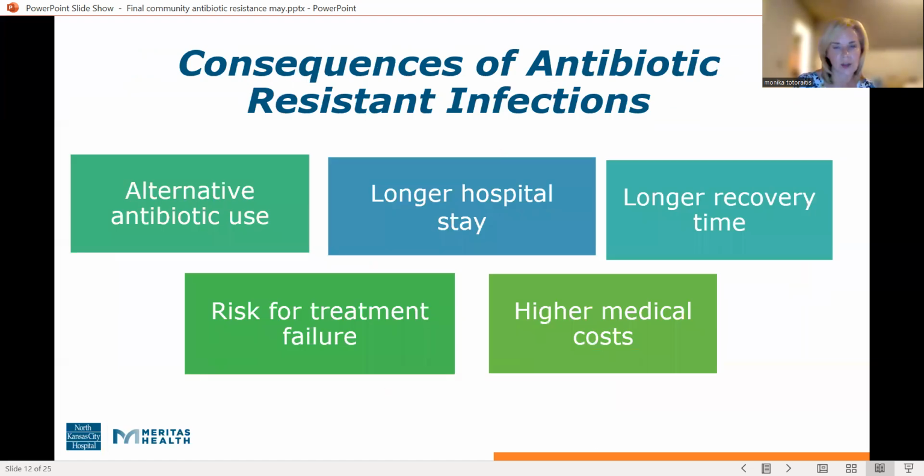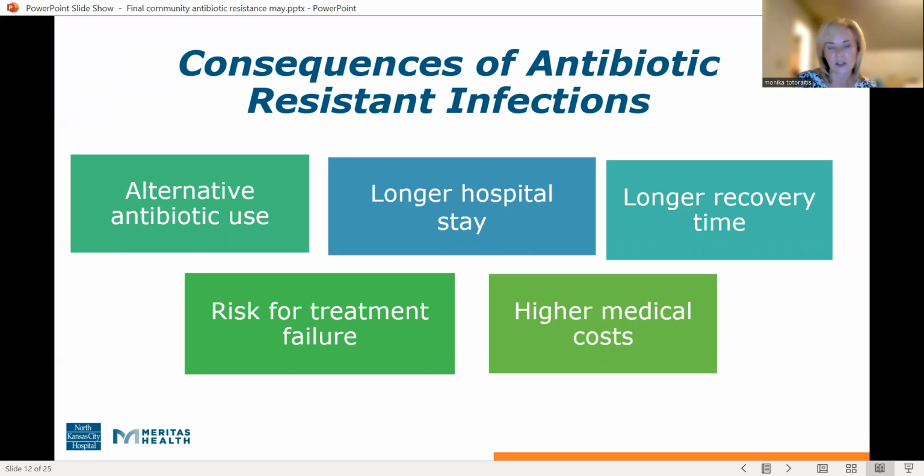What are the consequences of antibiotic-resistant infections? When you have an infection that I cannot treat with the standard antibiotics, I may not have an oral antibiotic. You may have to come to the hospital to get an antibiotic through your vein, an intravenous one. Also, these alternative antibiotics may have a safety profile that requires more monitoring. You have to watch your kidney function or your liver function.